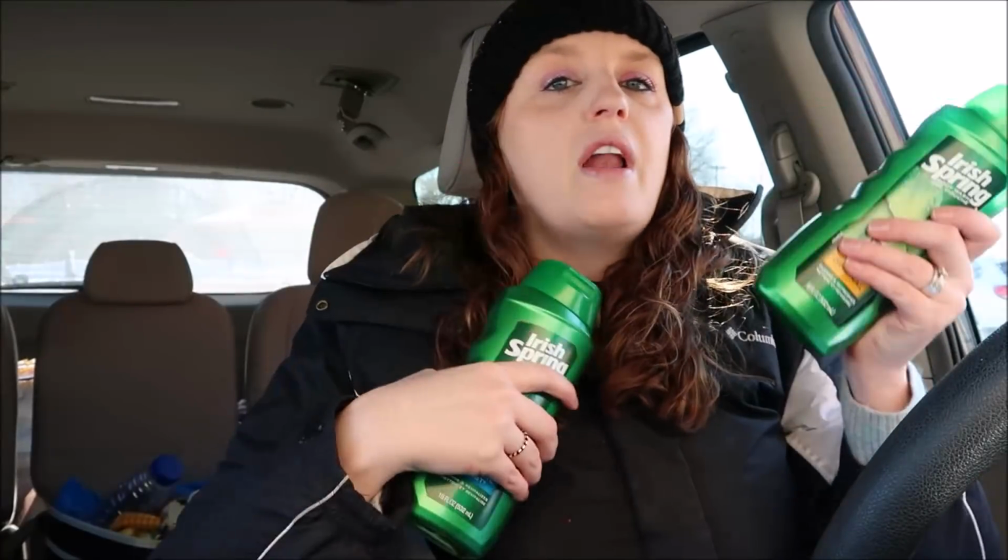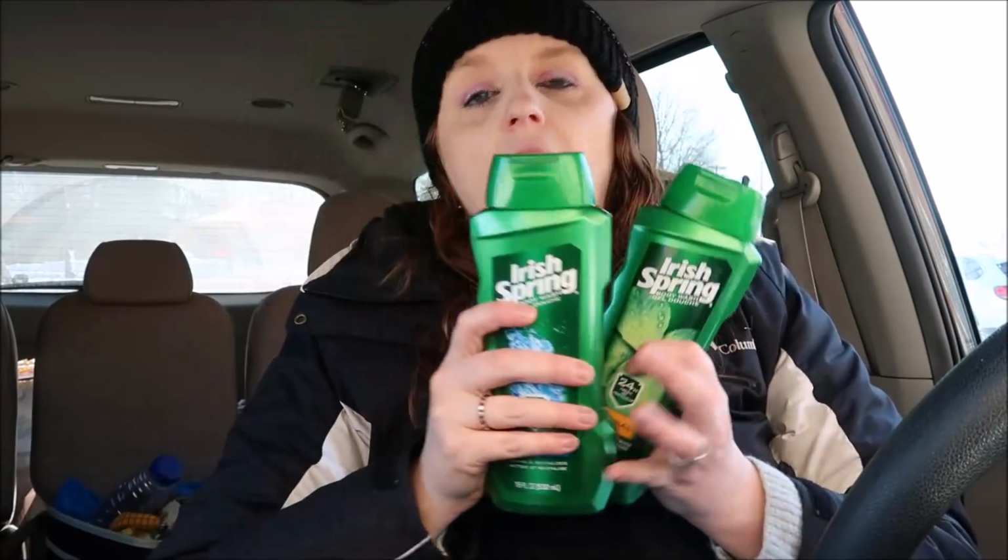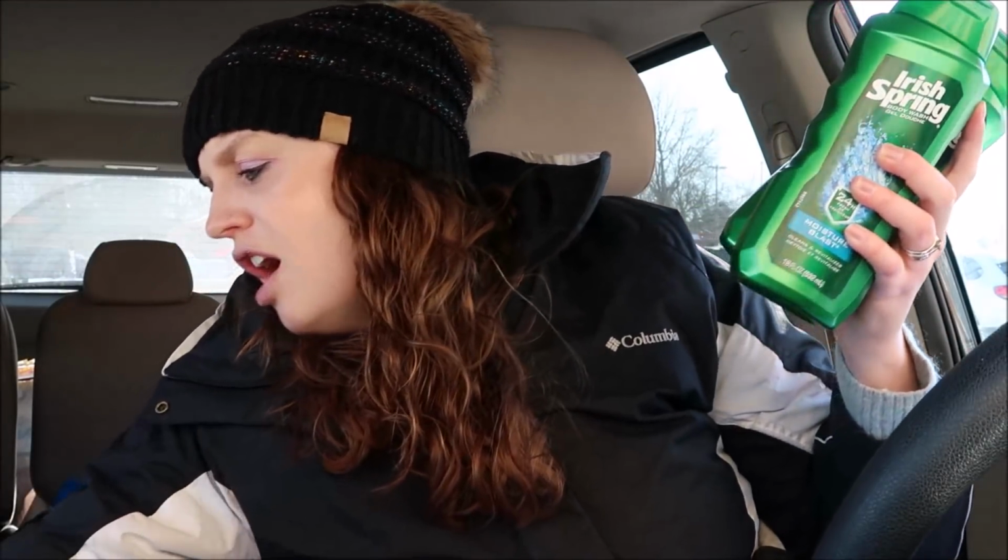So I ended up getting the Irish Spring. Now, the first time I've ever seen the coupons combined. So you guys can mix and match whatever you want to do with those coupons. You could do one Irish Spring and one soft soap. It's up to you what you want to do. But the Irish Spring and the soft soap are